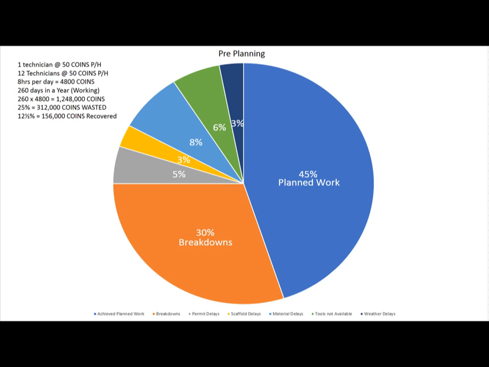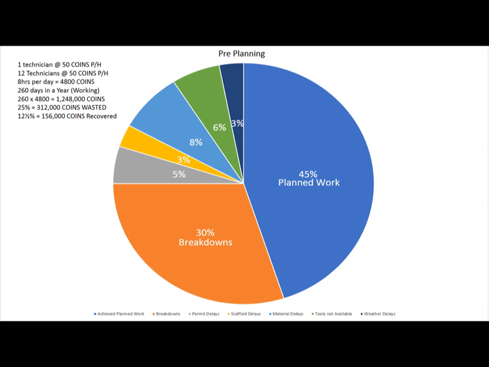Now when we look at this graph again, we can see that 25% of it are the delay codes we've used, which is waste. Delays can be anything. It can be permit delays, scaffolds not erected, it can be material delays, it can be tools not available, it can even include weather delays. But our job is to use SAP to capture this waste and review it constantly, and to work out how we can reduce that waste by better planning and preparation,